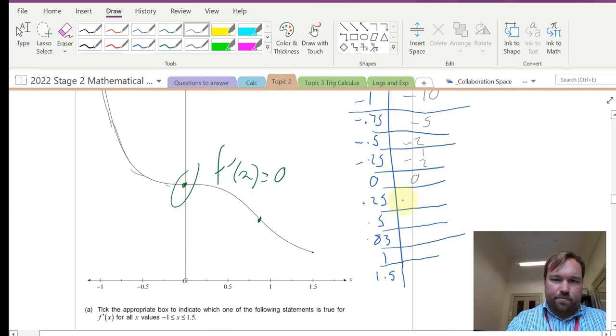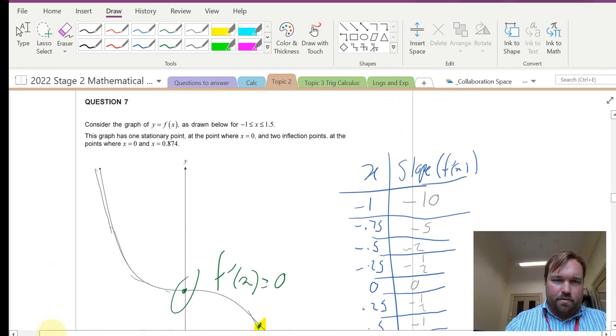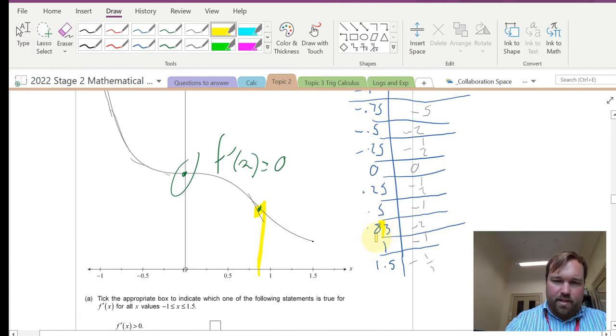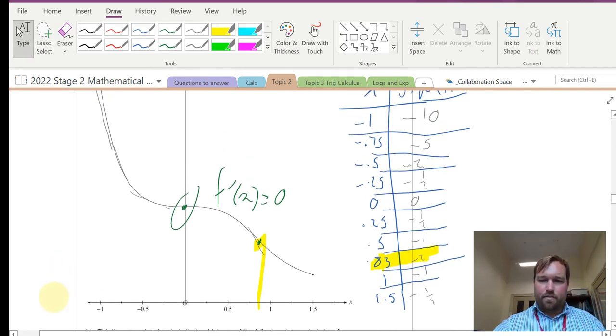Then, a quarter in, -0.5, -1. Here, it gets kind of steep, -2, and then it gets less steep again, -1, -0.5. The important thing is that at the point 0.83, whatever it is, it has to be the lowest value. It's the steepest on that portion. Alright? Then what we're going to do is we're going to take this,